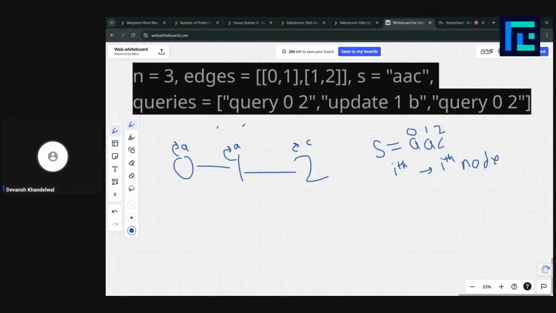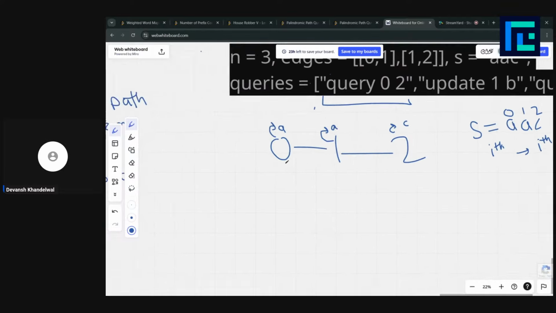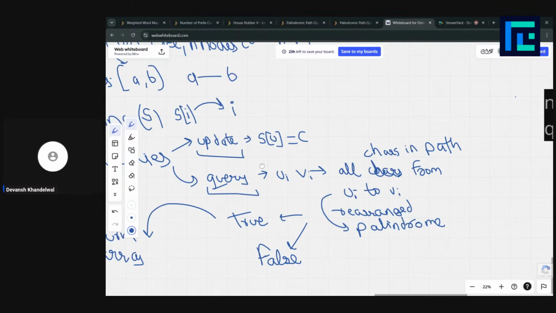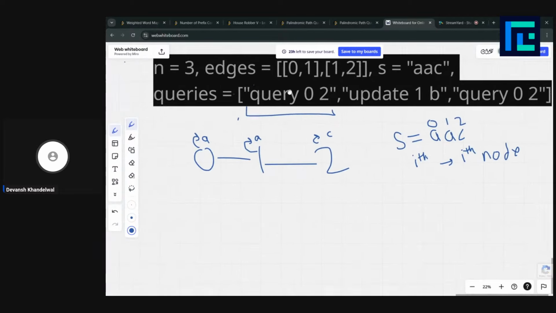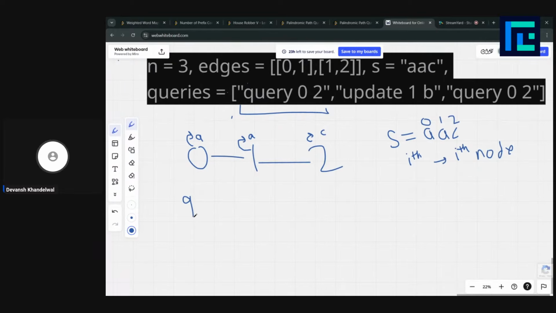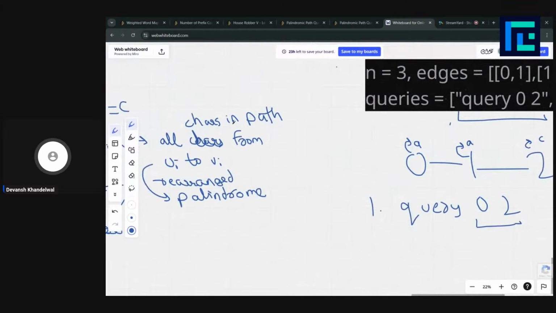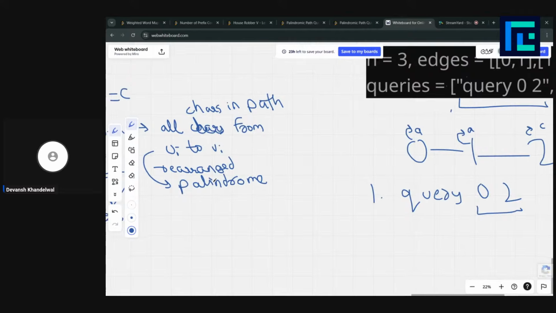What is our first query? There are two types of query, one is update query and one is query. First, here we are given a query: 0 comma 2. And what we need to do when we are given this type of query is check if all characters in the path from u_i to v_i can be rearranged to a palindrome.